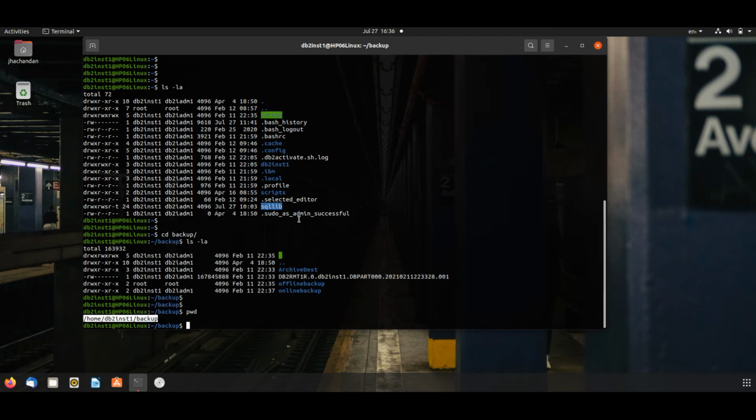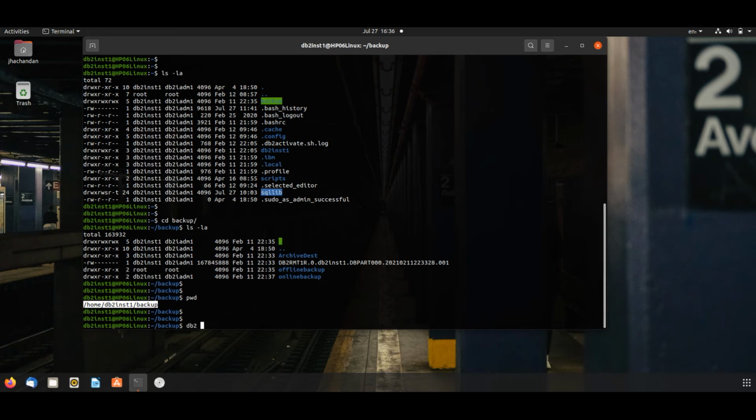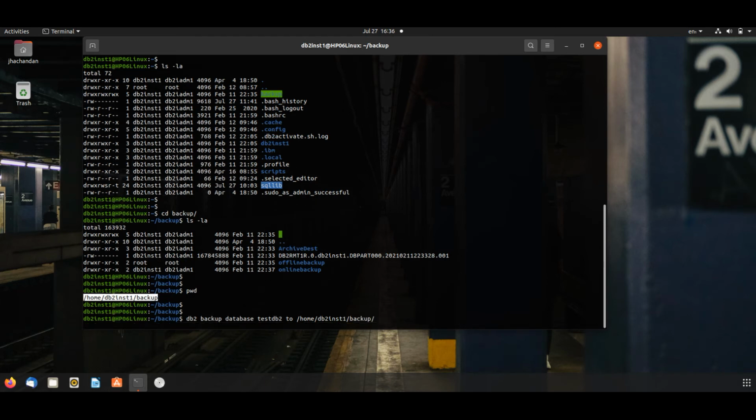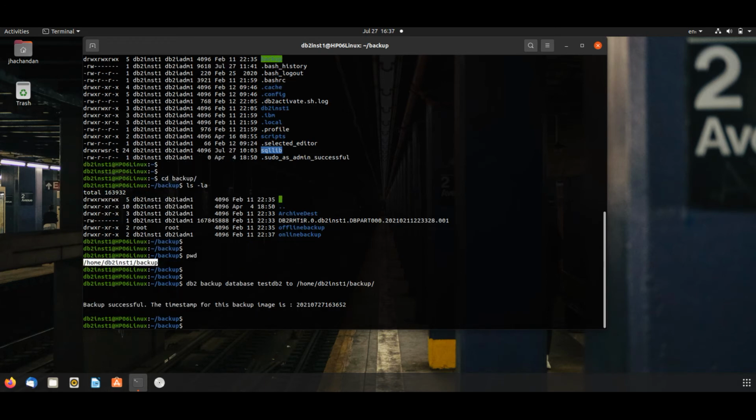To take an offline backup, we will issue this command: db2 backup database test db2 to, and we have to mention the path here. We have already copied it. Now issue this command. So the backup is successful now, and a timestamp has been generated for it.